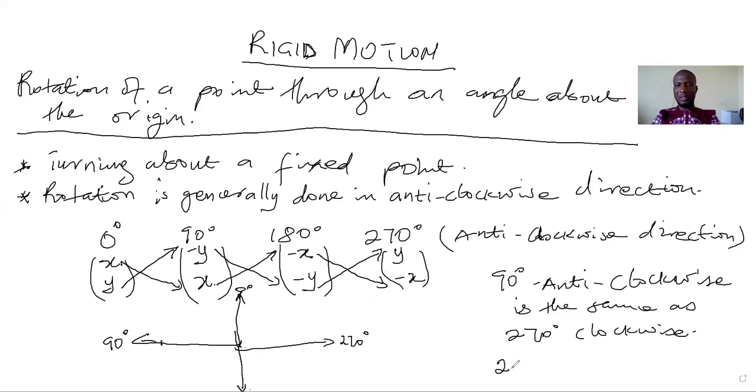So 270 degrees anti-clockwise is equal to 90 degrees clockwise. So this is how you can quickly remember the rotation formula in case you go to the exam hall and you forget the formula. You just quickly